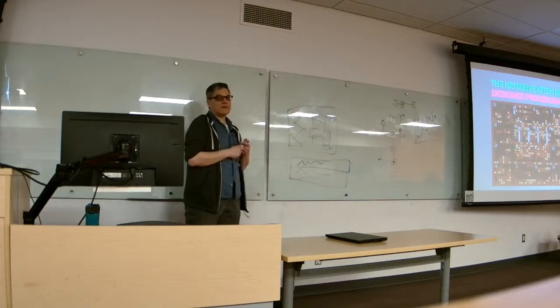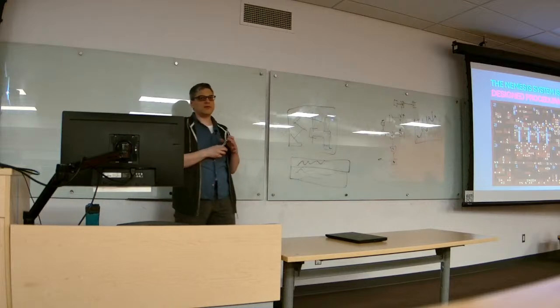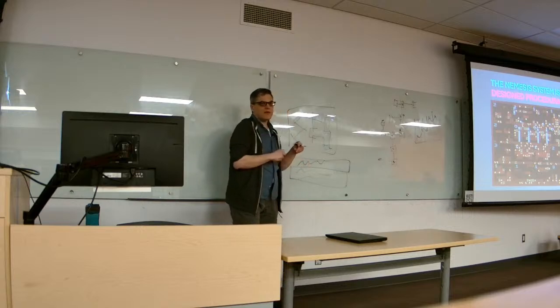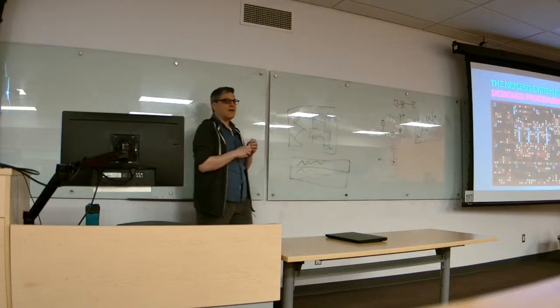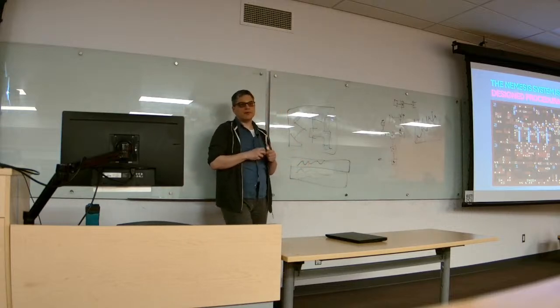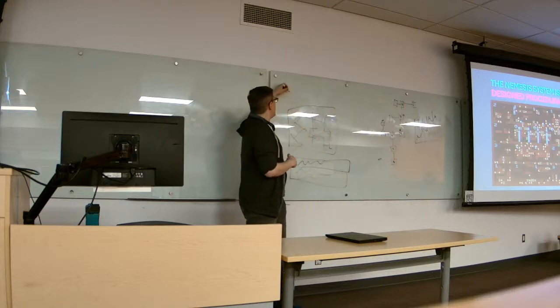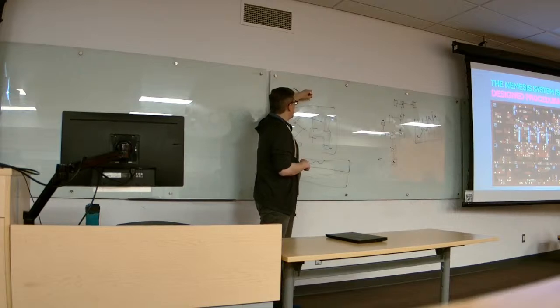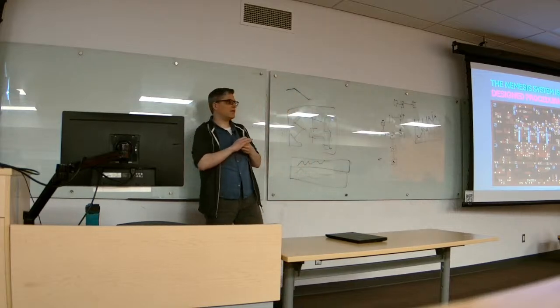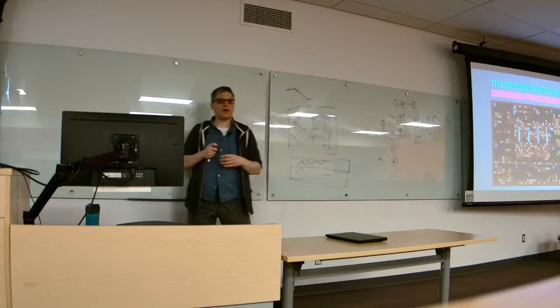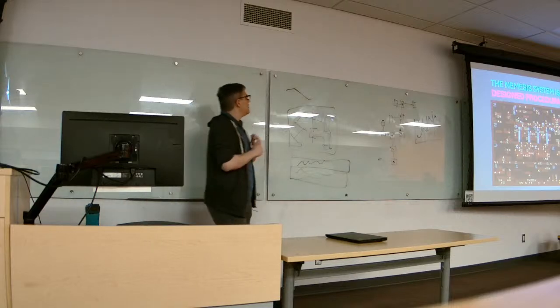Their flashy feature was really good slopes. In Super Mario Brothers, it's all blocks. Then Mario 3 adds 45-degree slopes, and you can sit down and slide down them and think, wow, that's really cool. And then Sonic,